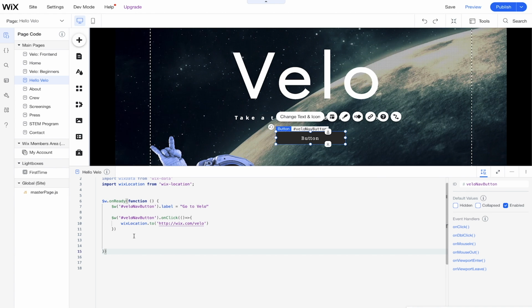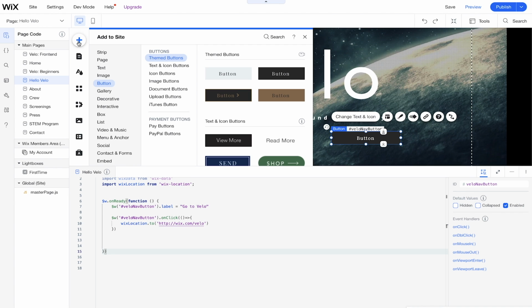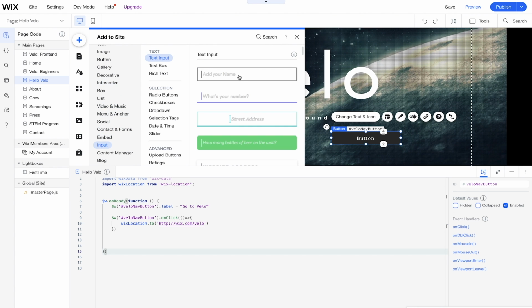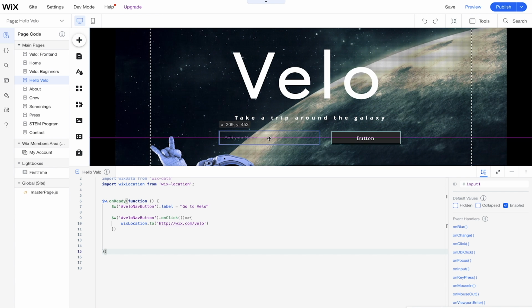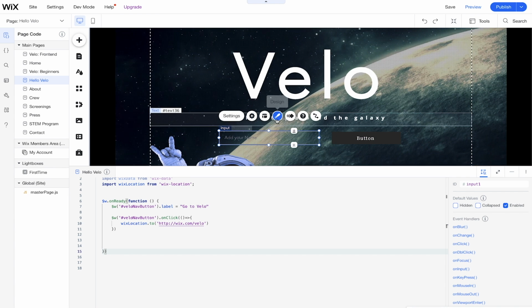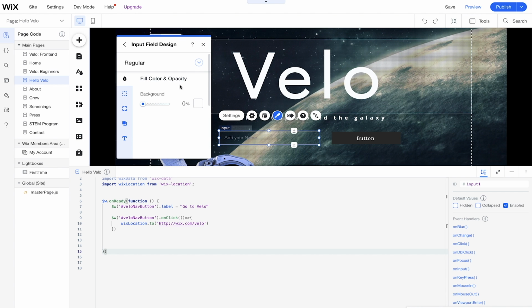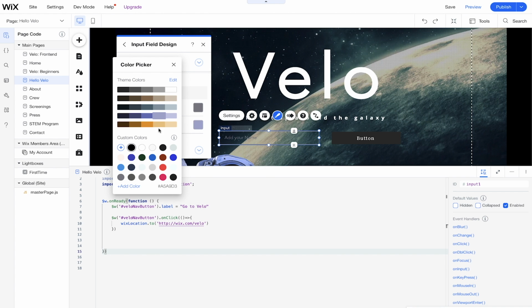First, what I want to do, I'm going to move this button over here to the side, and I'm actually going to add another input. We're still going to use the same button because there's no need to continue to reinvent it. We're done with that example. And we're going to drag this input right here. And I'll even design it a little bit, change up the colors, make it more readable. We're going to make this white. We're going to turn the text to white as well, and even the placeholder color.